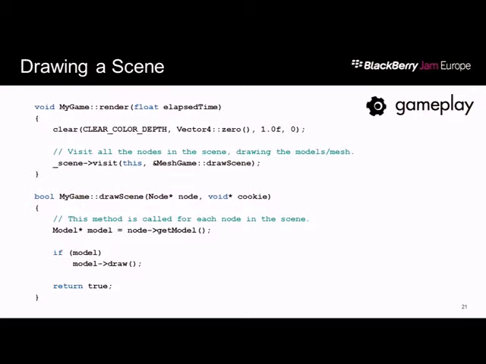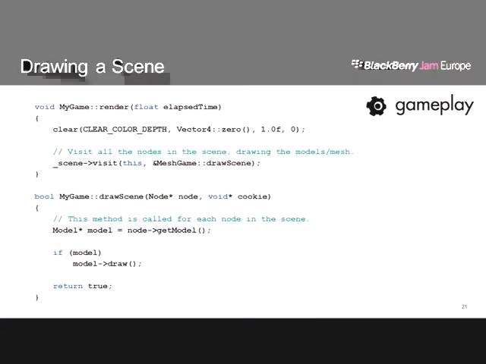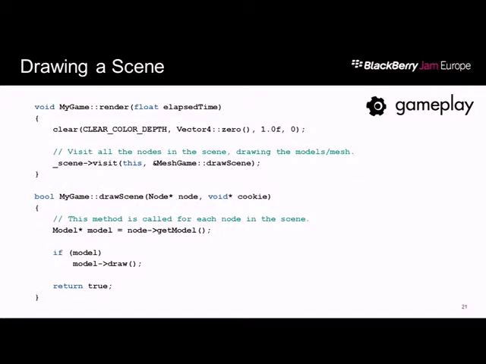So what you can do is register a callback. It's not actually an immediate callback, it's basically going to call that method right there. So you're saying visit, and then the class handle to do the callback on the scene is the draw scene. This draw scene will get called for every node in the scene, and you can put custom data in there on the callback. So if you wanted to put in a Boolean, you could cast it to a Boolean or an integer to say that these are the transparent objects. So let's say you want to traverse the scene twice, once for your opaque objects and once for your transparent objects after. You could do something like that and do tests.